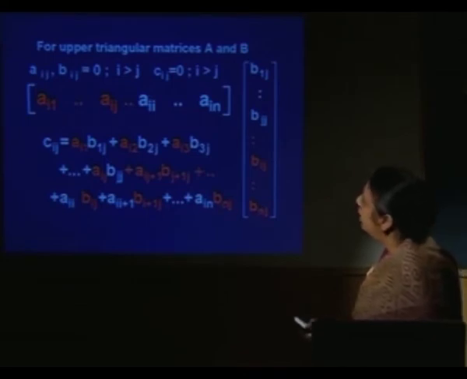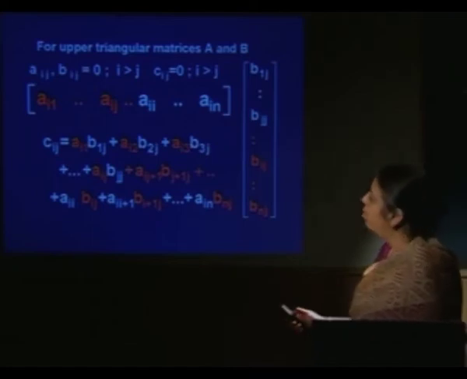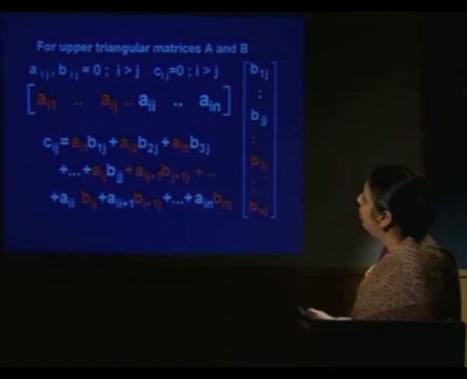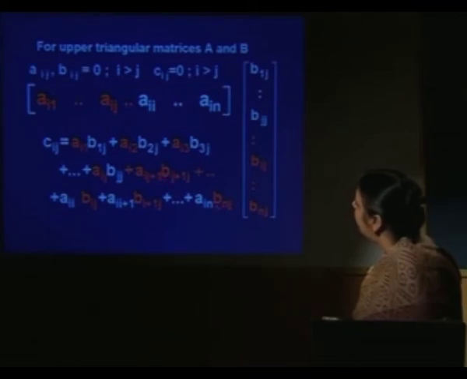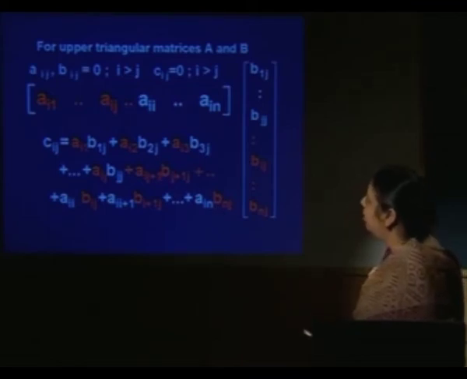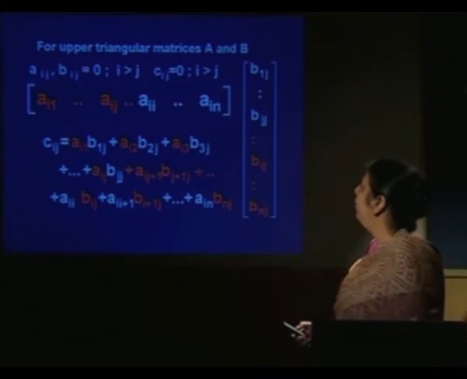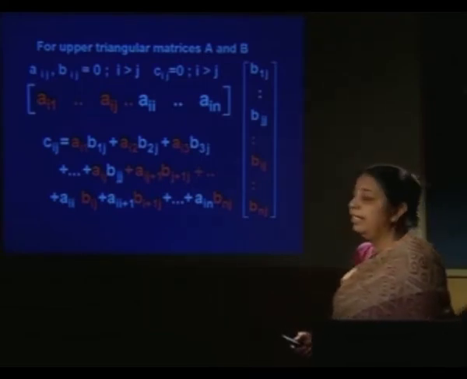Now, one can notice that in this every term involves an orange element, that means 0. So, this is 0 because of this 0, this is 0 because of this 0, this term is 0 because this term is 0, and here both of them are 0, same thing happens here, and that means Cij is 0 whenever i is greater than j.